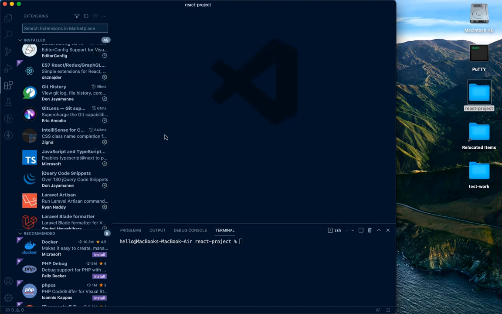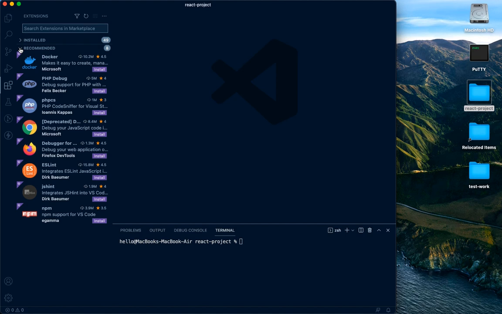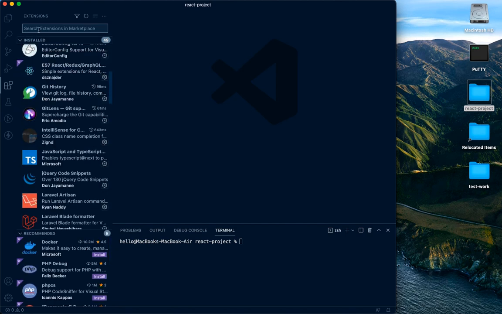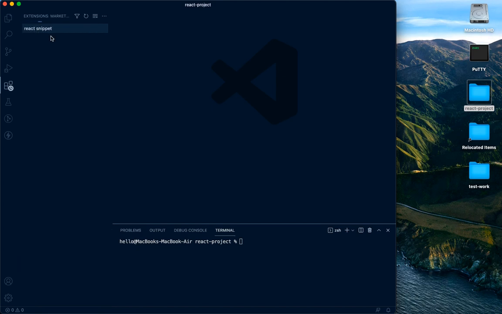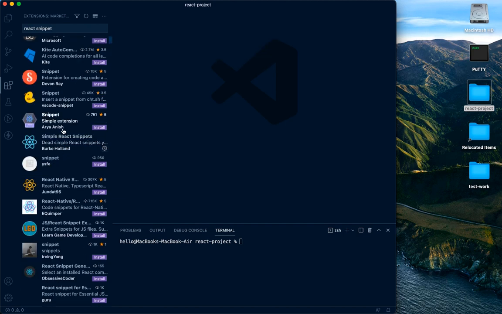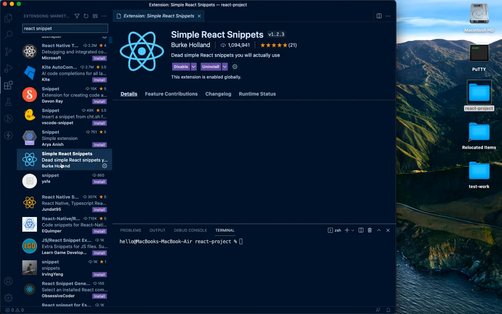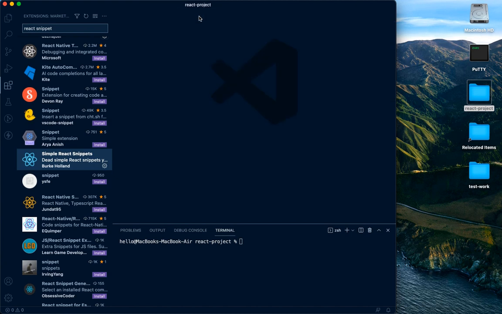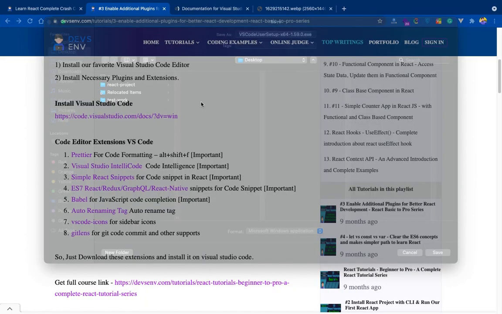If you go to VS Code, you will see some tabs, and here is the extensions tab. In this tab you will get installed and recommended extensions, and you can search, like if I need a React snippet, just search it and you will get a suggestion and just install it. I have already installed it, that's why it shows as installed, and I can install many other things. I have installed simple React snippets, and it's very awesome, and you will see it when we start our work. So that's it. Next,